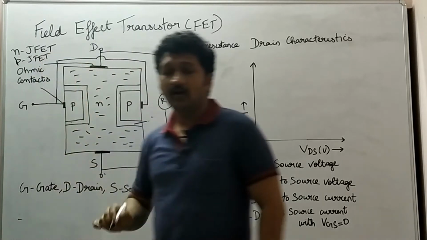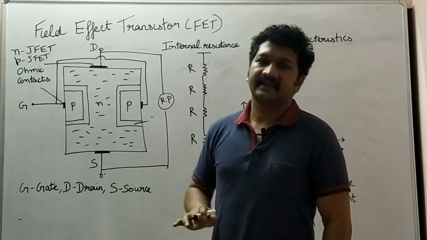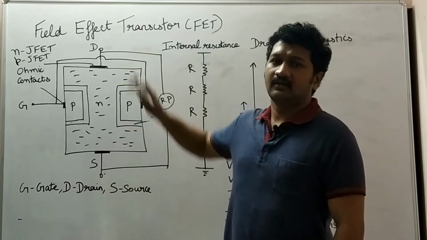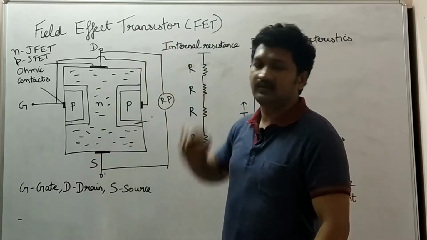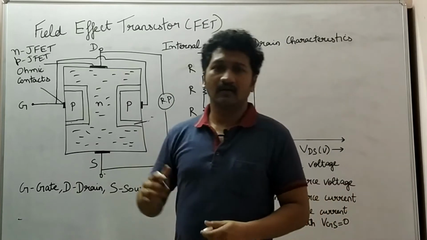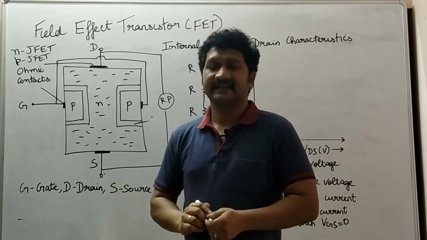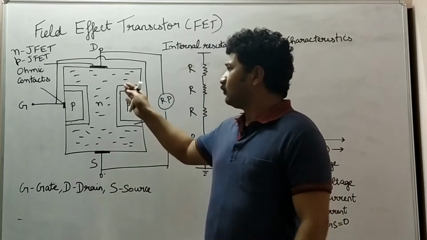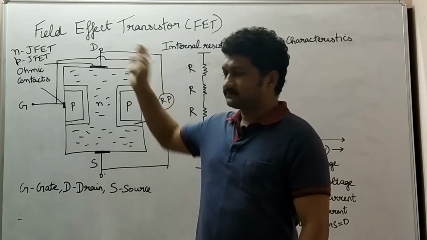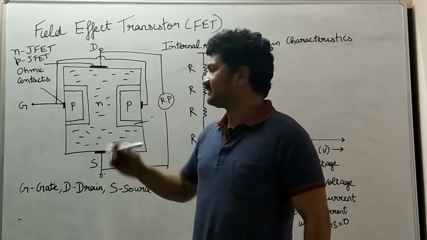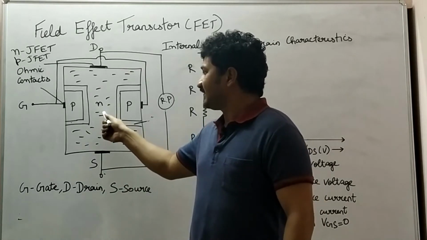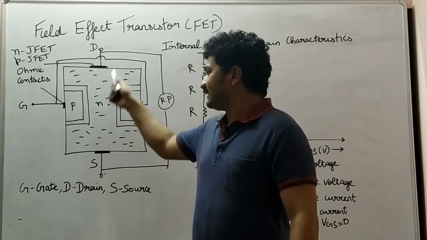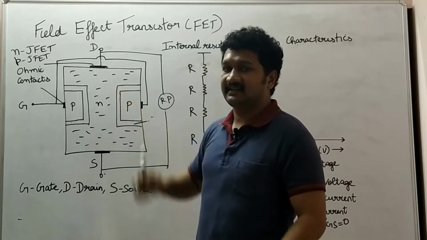When I say involved, it means movement of that charge carrier from one terminal to another, for example from source to drain. So let's go through all those technical aspects after a few minutes. Now I am going to discuss this N channel JFET. As I said, here is an N channel where two P layers are kept aside, with the N channel at the center.